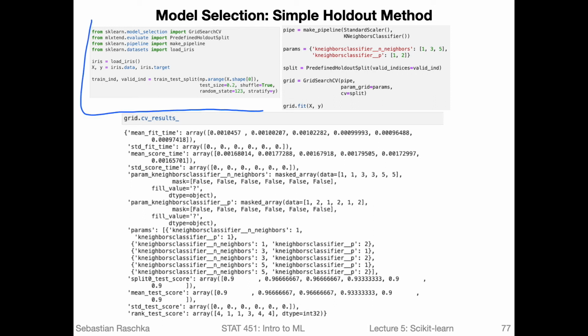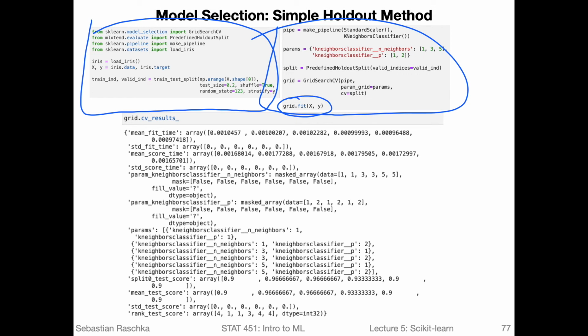So these two panels are from the previous slide. Once we call grid.fit, it will run the hyperparameter tuning, and after that you can see there will be an attribute available called cv_results_, and like we discussed earlier in scikit-learn, the convention is that these attributes with a trailing underscore are only available after we call .fit. So fit in this case will run the grid search.